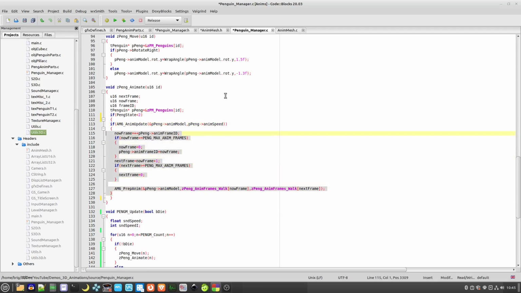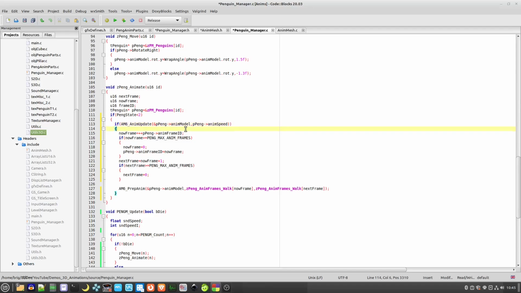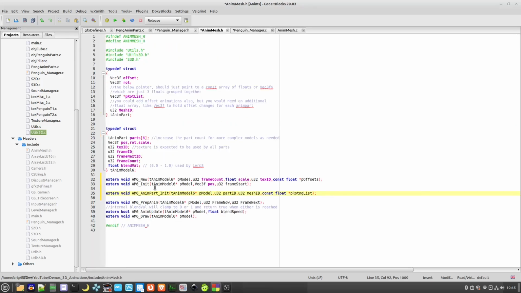So what will happen is, if we set the penguin state to 1, then that will initialize the die animation. We'll take into account whatever frame the penguin is currently at. And then the next frame will be the die animation frame. But you need to do it only once the anim update is completed. So if I show you what that is,